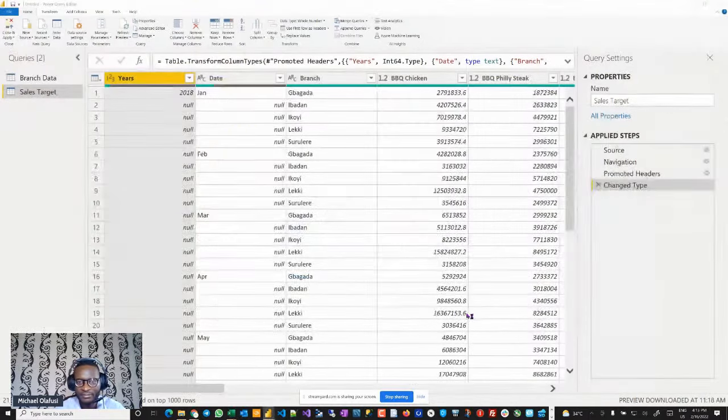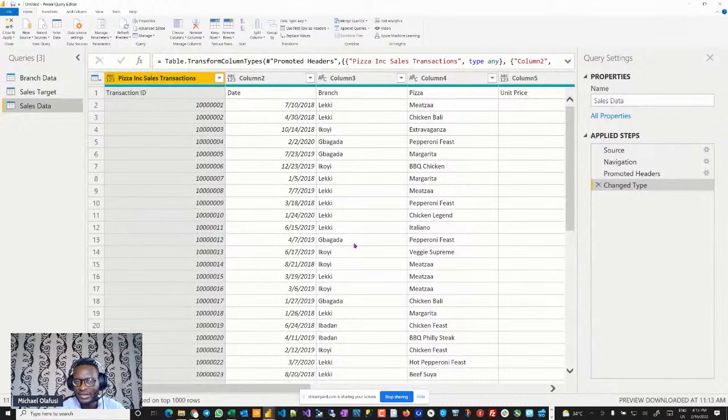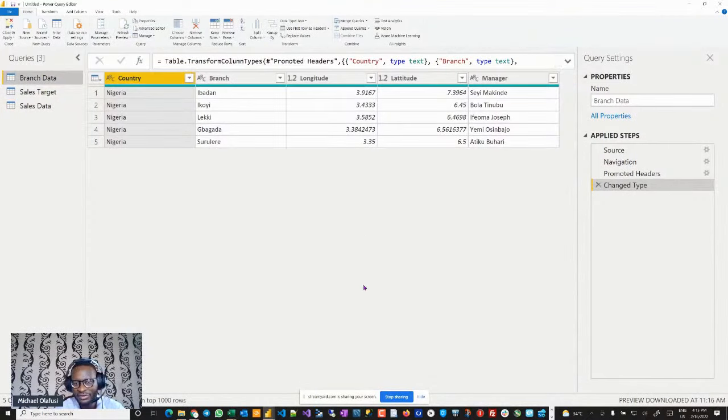And so now I've brought the three data sets. Then let's start with what we want to do. I'm going to use a problem solution approach. First of all, I look at each table and try to fix the obvious issues. If you look at this table, I don't see anything wrong. Country is Nigeria, branch is ABC. These are text, and they are all properly showing. So I won't do anything here.